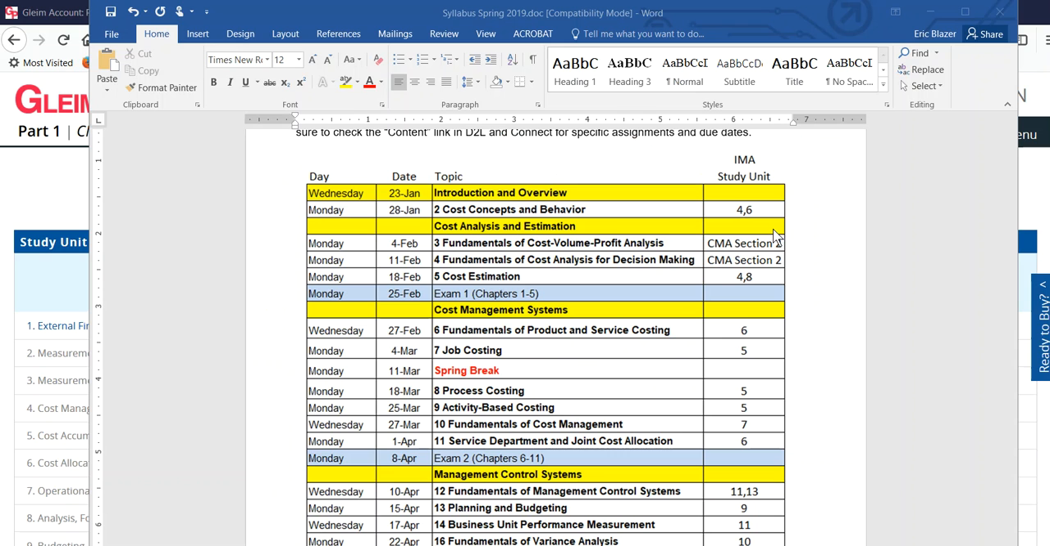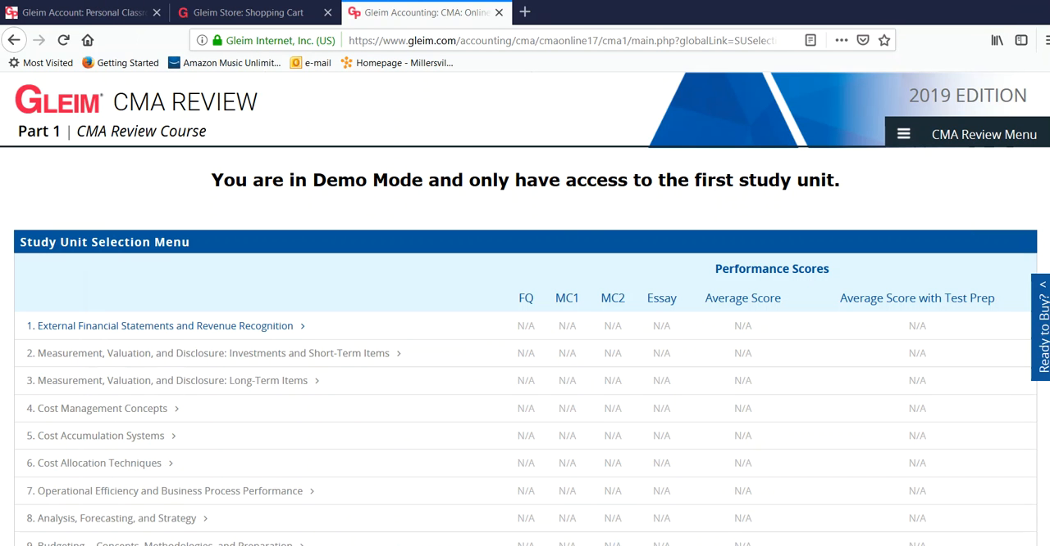The syllabus shows the mapping to the IMA Gleim study review units. Again, Chapter 2 maps in with study units 4 and 6, so you'll want to complete those, as well as the professor-led reviews for Chapter 2. Chapters 3 and 4 are actually in the other review course, and you'll have to use the alternate link to access the CMA Part 2 course material. So again, if you've chosen the free version, you only have access to the first study unit. You'll have access to all the professor-led quizzes, again, by going up to the